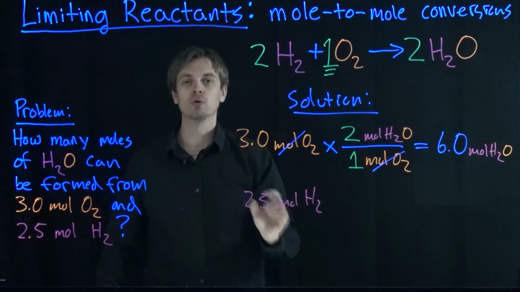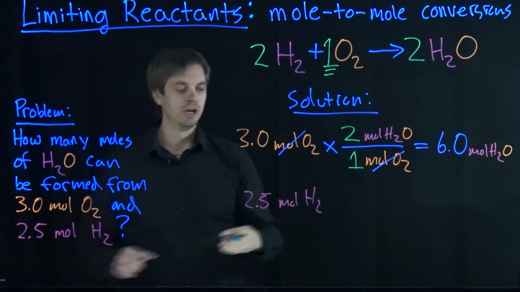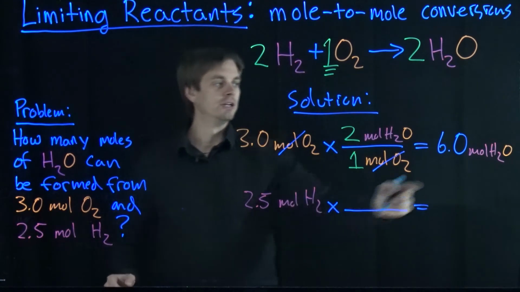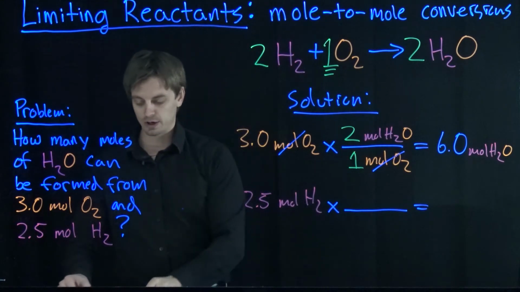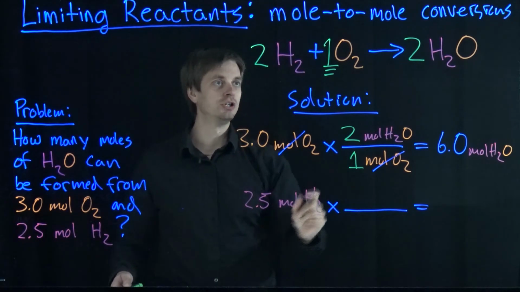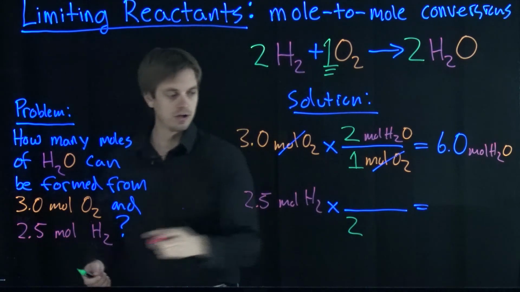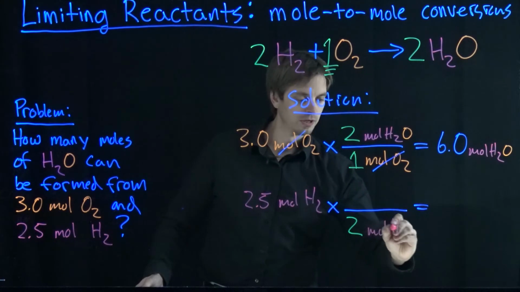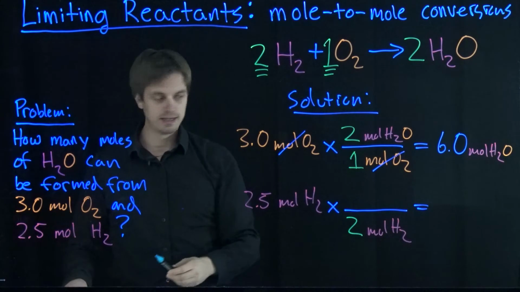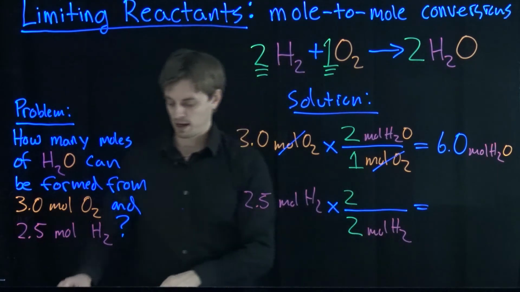We have to look at the other reactant involved in this chemical reaction equation and carry out the same steps. So in this case, we want to move from moles of H2 into moles of H2O. So now with our conversion factor, in the denominator, we want to make sure that we're canceling out moles of H2. The stoichiometric coefficient of H2 is right here. So I'm going to write out 2 moles of H2, again relying on that stoichiometric coefficient here. And then up in the numerator, we're going to multiply once again